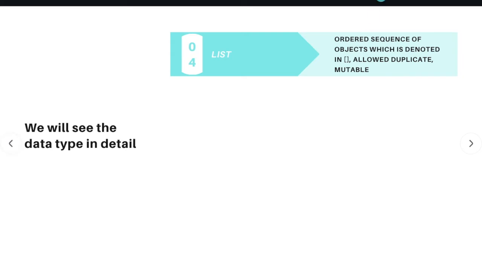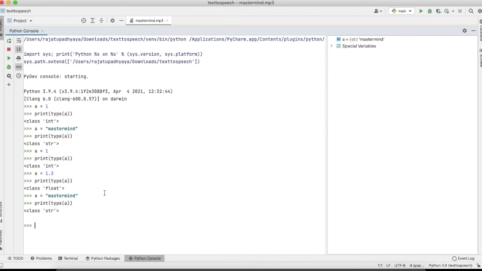Now I will explain each of these words with the help of an example. As I have written, it is denoted by a big bracket, so I am taking one big bracket and giving some values like 1 2 4 5 6. The first word was that it is an ordered collection of objects. Here each value is an object.